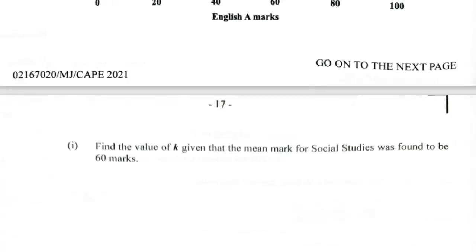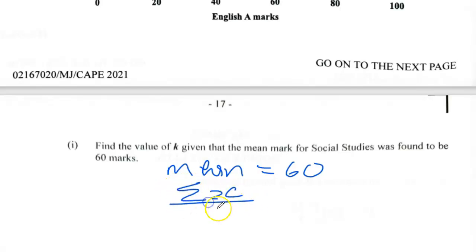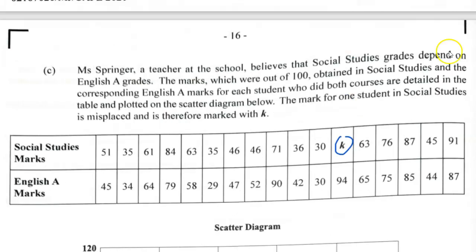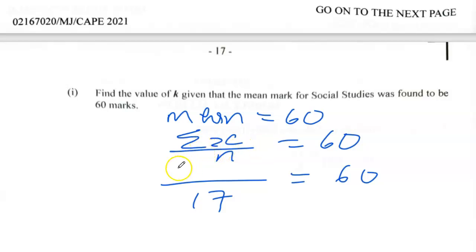So remember the formula for mean. The mean is equal to 60 for social studies, and the formula for mean is the sum of all the values over n, and that should give you 60. n is the number of values, and remember, we have 17 values. We'll add up 16 of these values and we get 920 plus the k. We don't know what k is; that's what we're trying to find. So we end up with 920